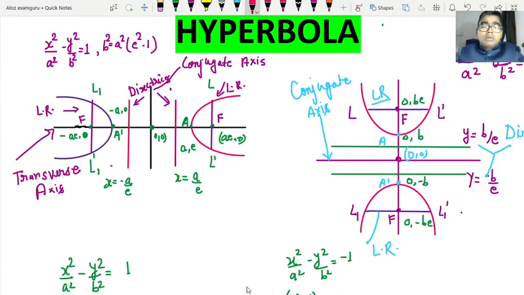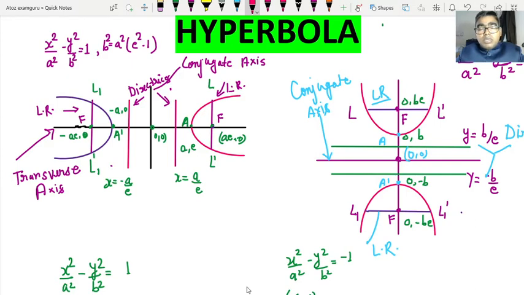So let us see. The equation of the first type of hyperbola is x square upon a square minus y square upon b square equal to 1. And its eccentricity is given by b square equals a square times e square minus 1. This is a general pictorial representation of the first type of hyperbola. This x-axis is called the transverse axis, right friends? In an ellipse it is called the major axis, but in a hyperbola it is called the transverse axis, and the y-axis in this case is called the conjugate axis, and the remaining terms remain the same.